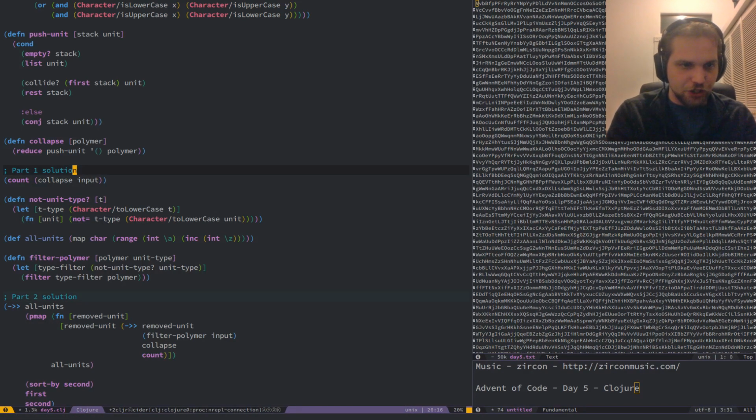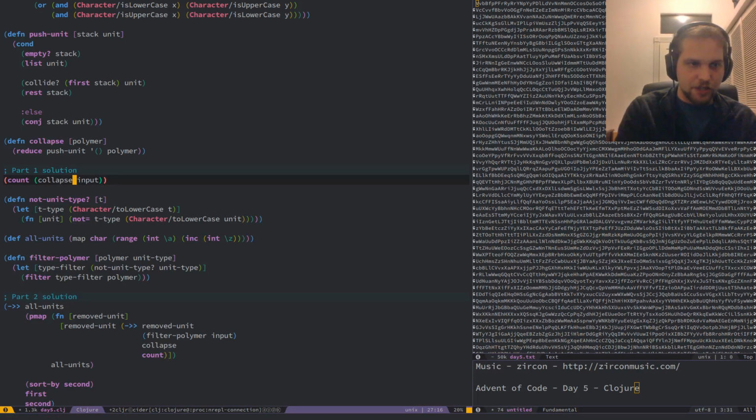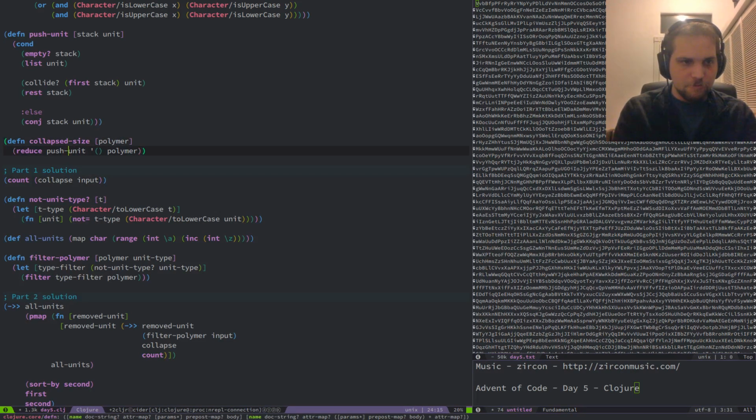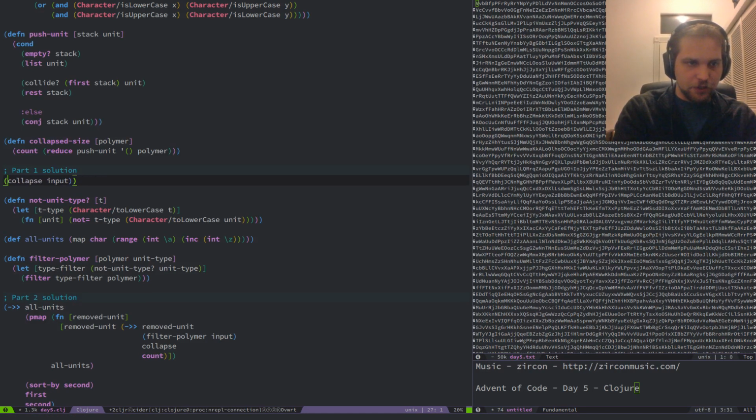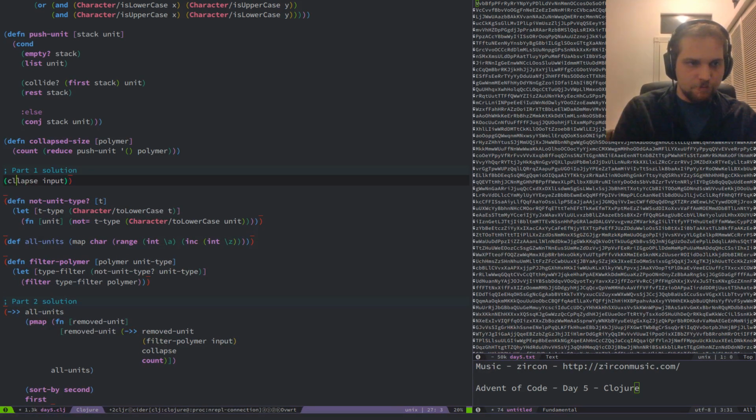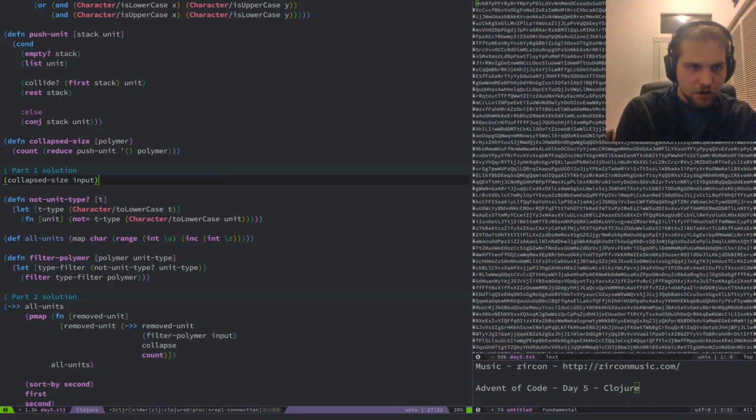So we never actually just collapse it. We always collapse it and count it. So collapsed size of the polymer is the count after reduction. So literally the first solution is just to, so I hit insert again, I did. Collapse size of our input. And that makes this down here